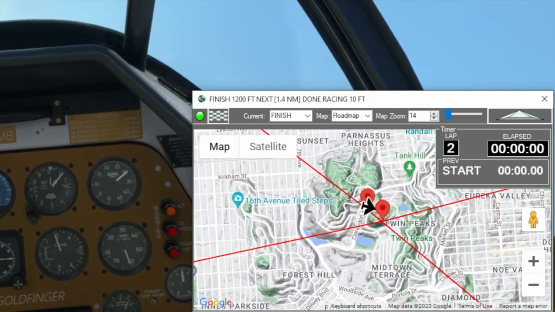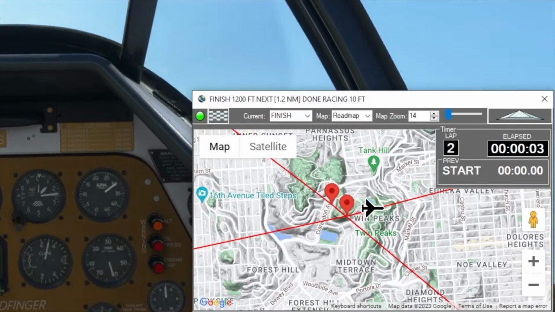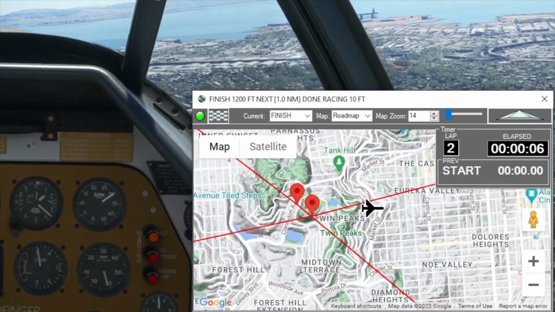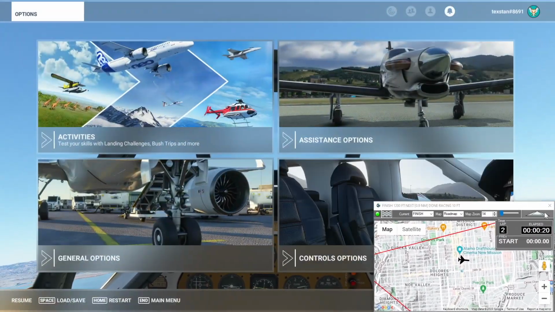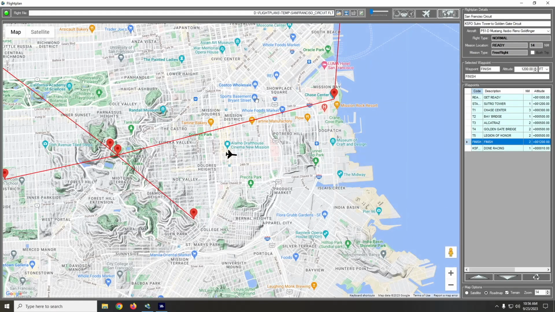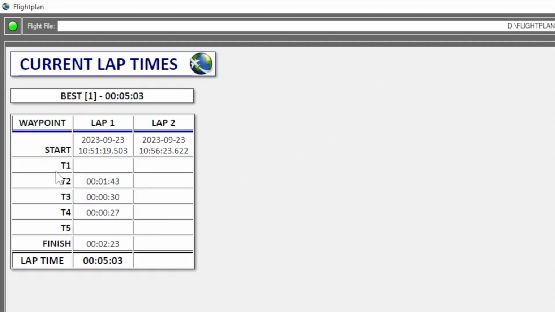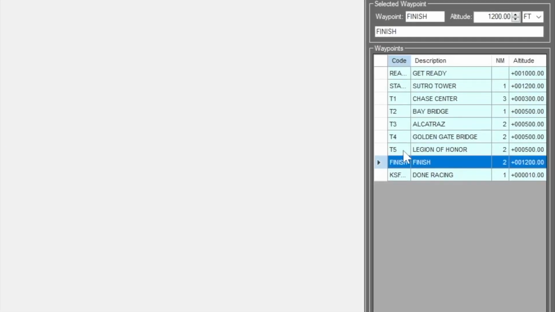And notice what happened when I passed the tower. Because my waypoints overlap, it started my next lap and finished my first lap. Now I'm going to go ahead and escape, and I'm going to stop my timer because I don't really care about that lap. And we can take a look at our lap times, and we can see I missed the first waypoint and I missed the fifth waypoint,